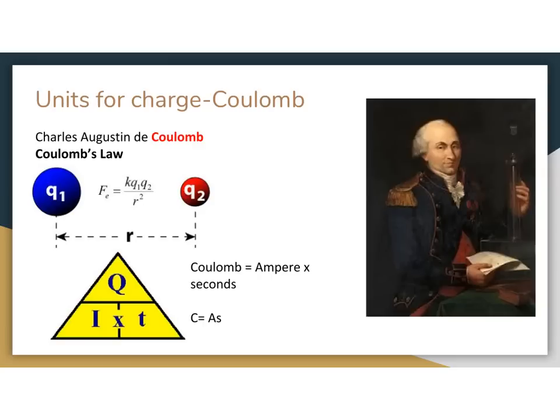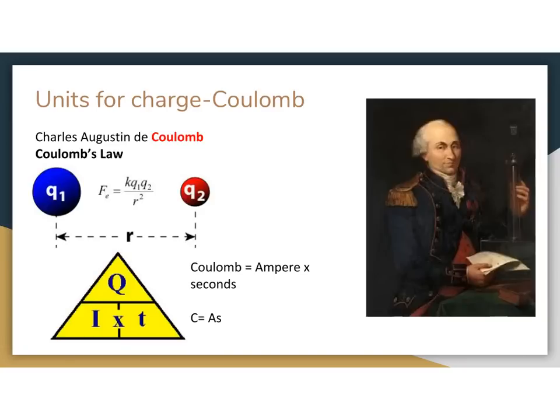So you would think that a Coulomb is actually a fundamental unit, but it's not. Scientists have used an ampere as the fundamental unit for current, and they define Coulomb as the Q here. Q usually stands for electric charge, and is equal to the current times the time. Now the fundamental unit for current is the ampere, and the fundamental unit for time is seconds. So a Coulomb is equal to an ampere second if you have to derive the fundamental units, which is really